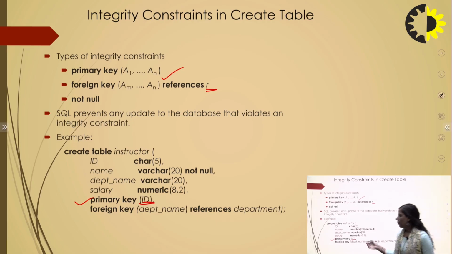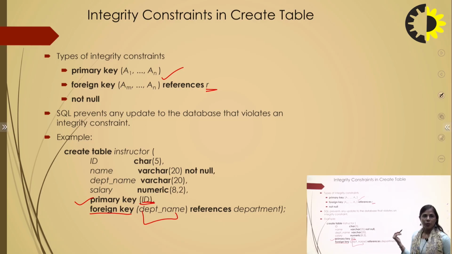Then for the next thing, the foreign key, you have to specify the relation or table name in which you have to use the foreign key. So we define foreign key, then department name. This is an attribute of a different table, so we make it a foreign key.